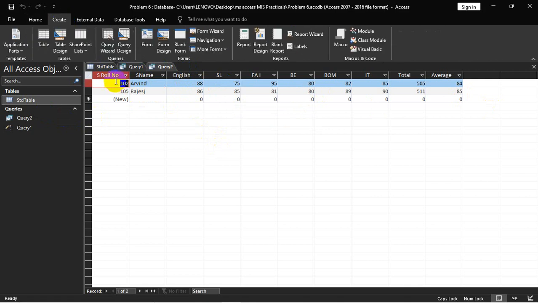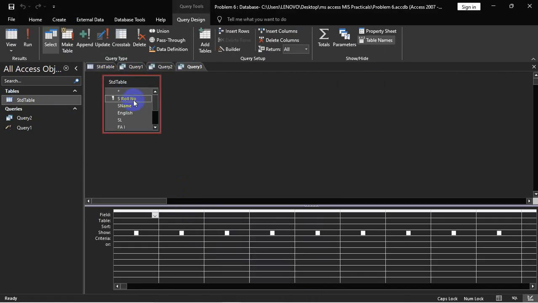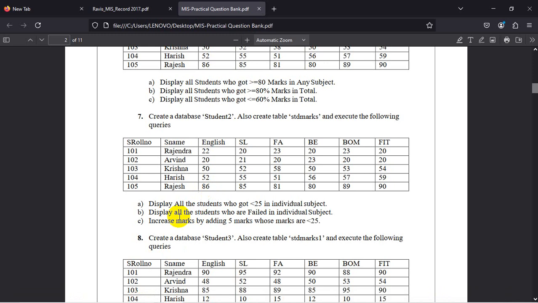That's it. Now go for another query. Add BE, BOM, IT, total, FI, average. Now what is the second question? Check it.